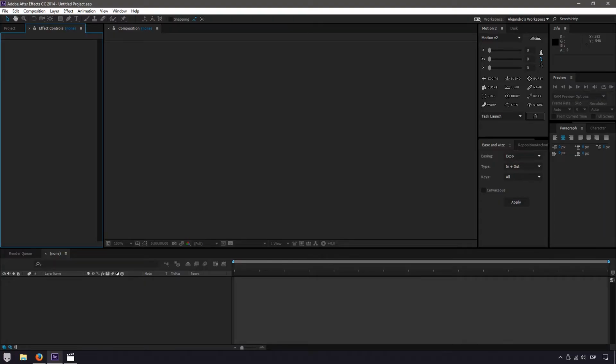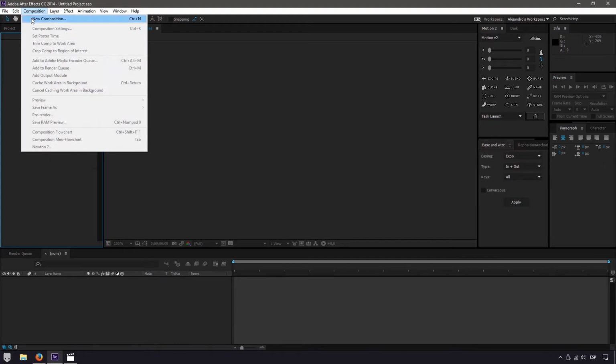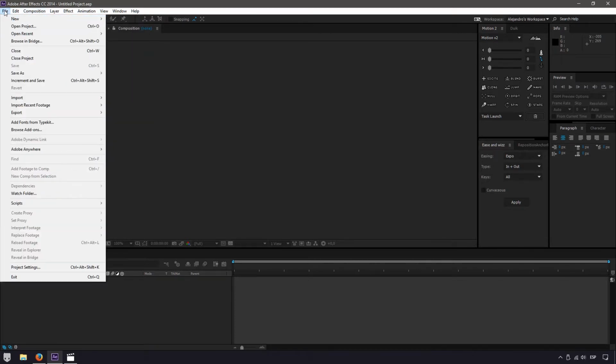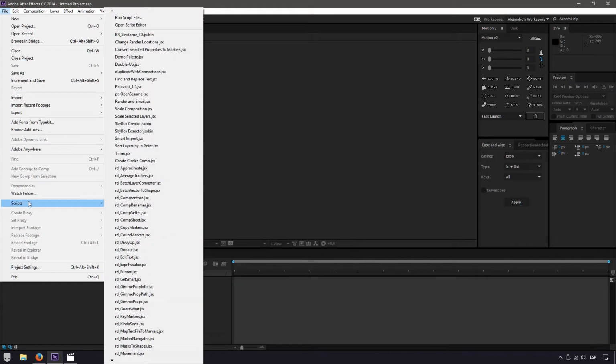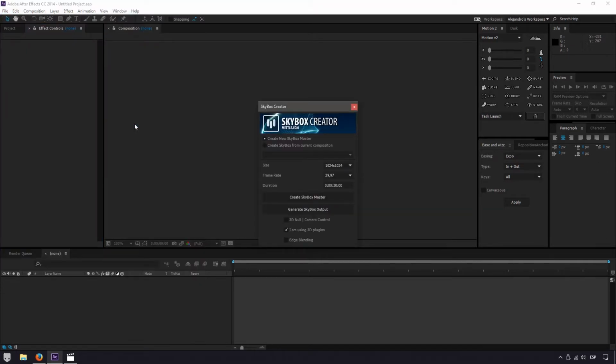Okay, here in After Effects we are going to create a new composition, but this time we aren't going to create it through this menu here. We are going to go into File, Scripts, and we are going to be using SkyBox Creator. This doesn't come bundled with After Effects. This is actually a plugin that you can find at the Mettle website. So you go into mettle.com, you search for SkyBox